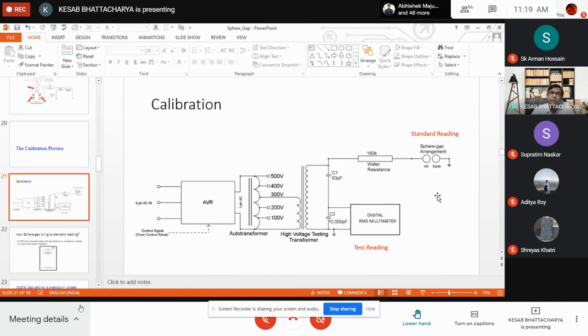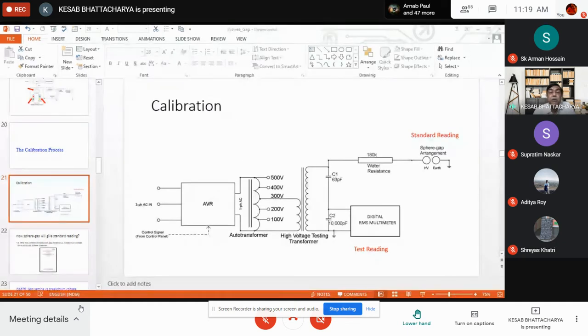So, if that is available in the IS specification, why are we using this digital RMS multimeter, which also measures the same voltage? That is just to have a cross check whether the value specified in the IS is correct or incorrect. In order to cross check that, we are using this digital RMS multimeter, which measures the same voltage. What is the operating principle? We shall discuss.